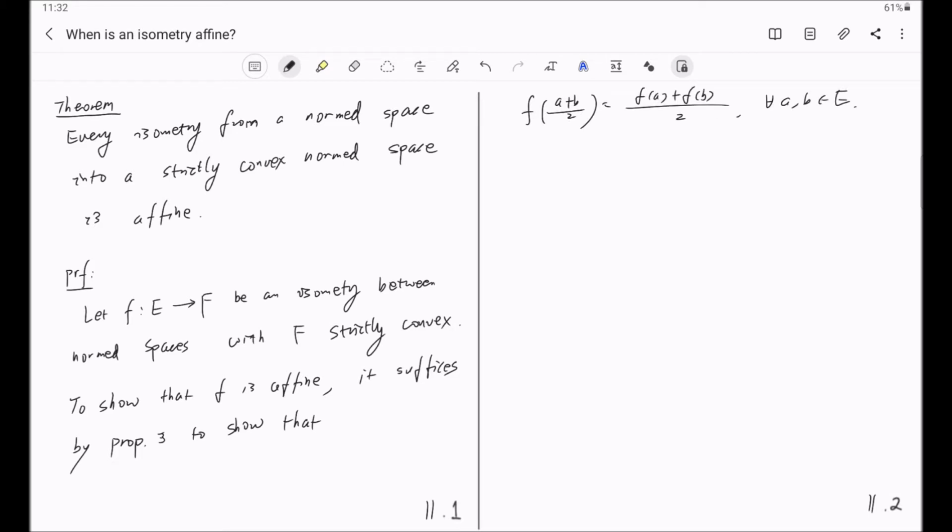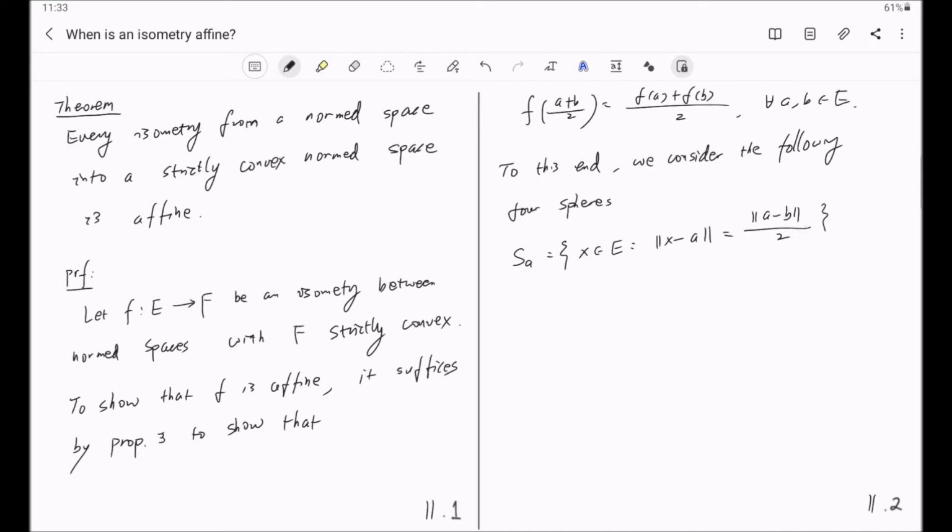To this end, let us consider the following 4 spheres. S sub A, which is a sphere in E, centered at A with radius the norm of A minus B divided by 2. And similarly, S sub B is the one centered at B with the same radius. Correspondingly,